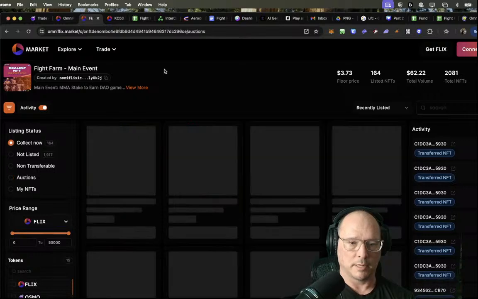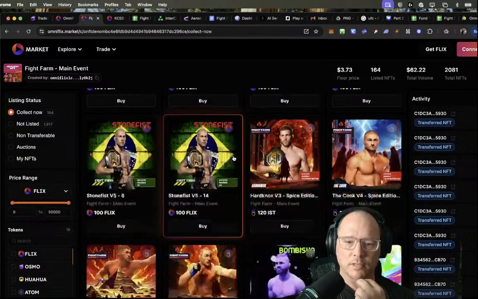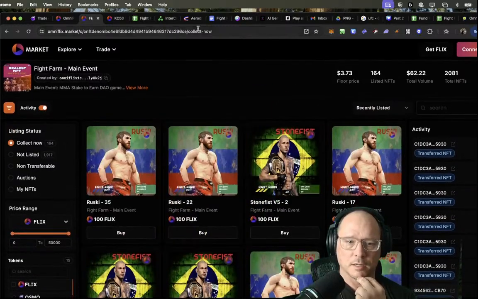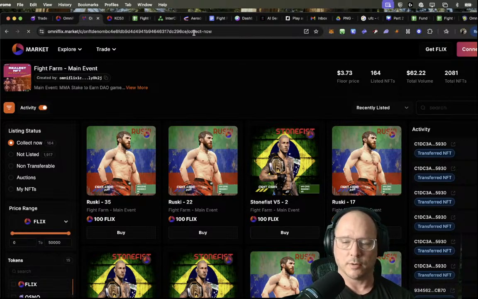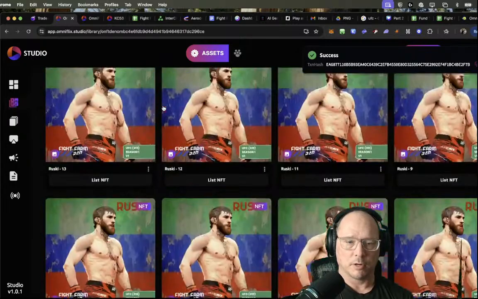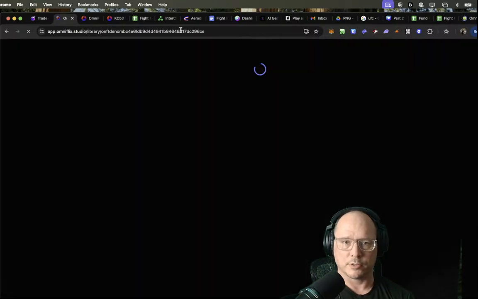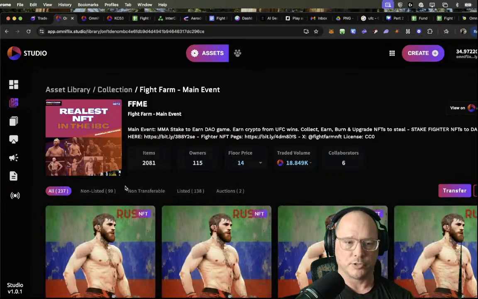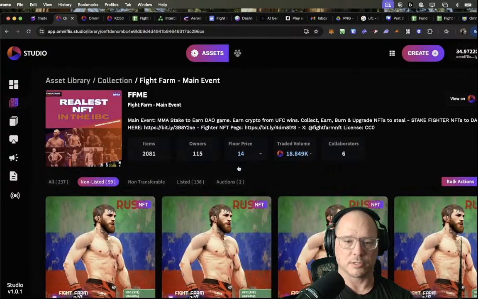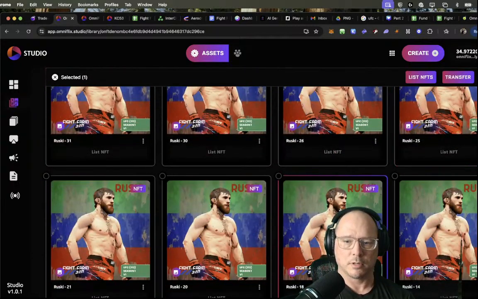So now when we come to the collect now, you will see all of these listed here for 100 Flix, which is $5 USD. And now I'm going to go back over. I'm going to refresh this page. Sometimes you can just go straight into it, but I found that refreshing kind of ensures that there's no major issues. We're going to go to non-listed because the ones I've minted but haven't listed, you want to make sure you